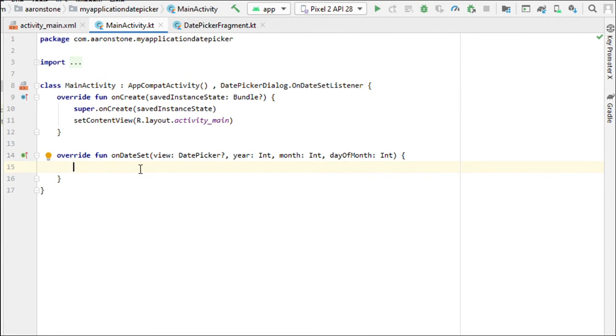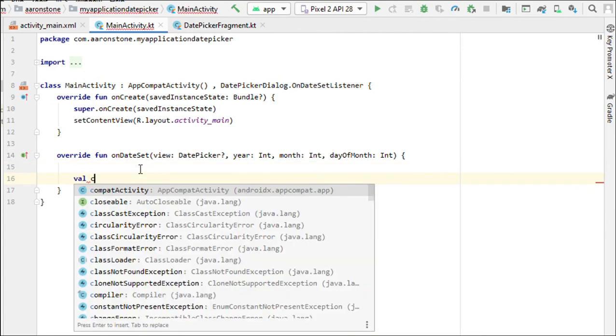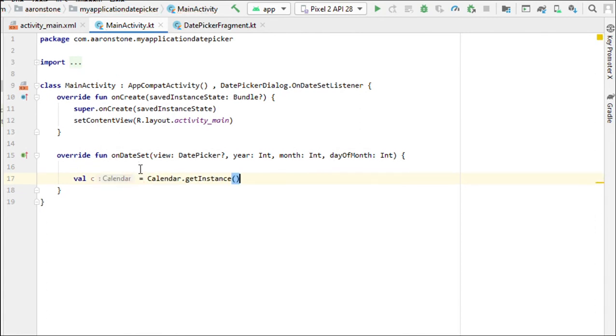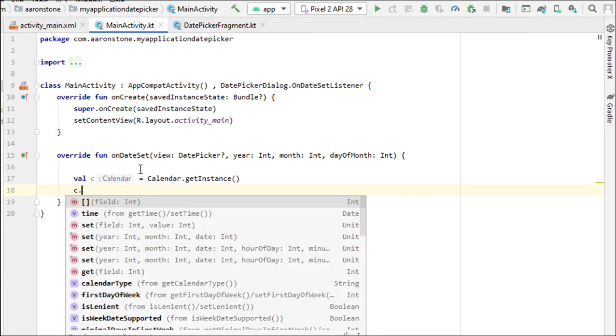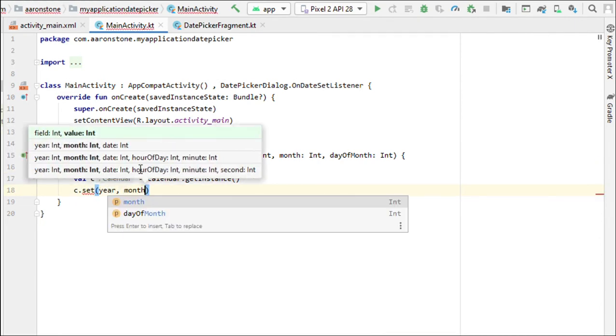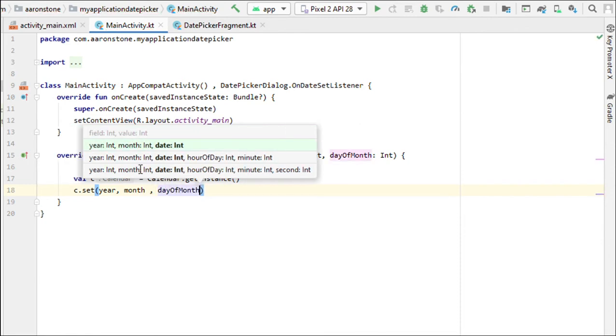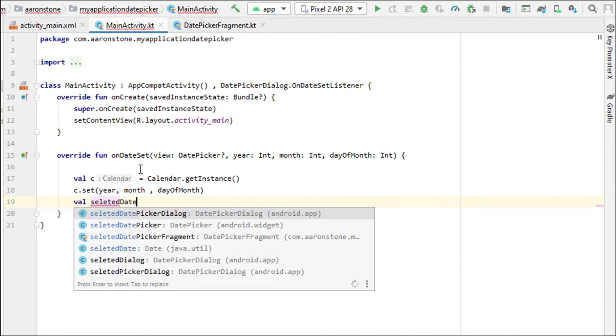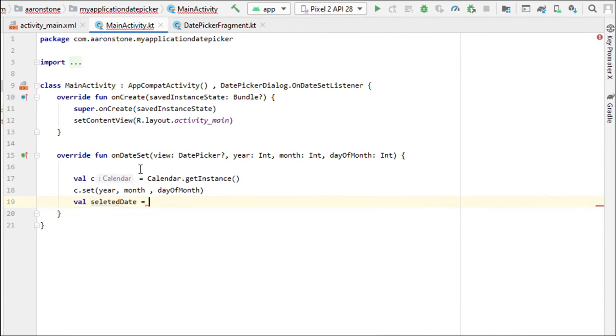We'll return nothing. We'll again need to get the instance, and here c.set year, comma month, comma day of month, and now we have the selected date equal to